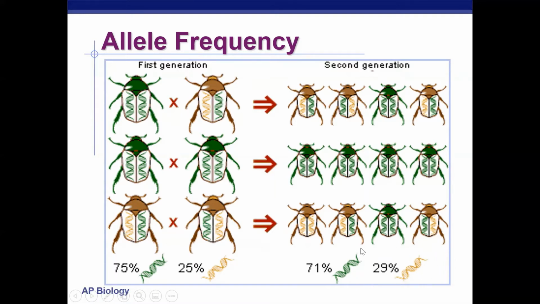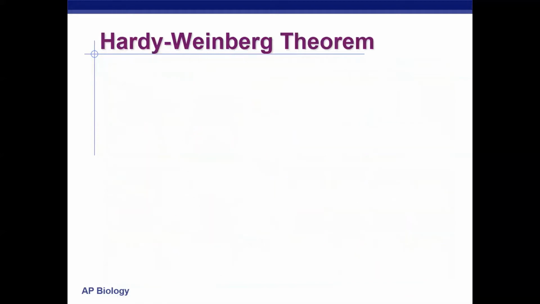Notice it changed. That's microevolution. We had a small little change. Notice we had a little decrease in the green allele, a little increase in the golden allele. That would be an example of some microevolution, a population changing slowly when it comes to its genotype, its allele frequencies. So let's get to the big point, though, of